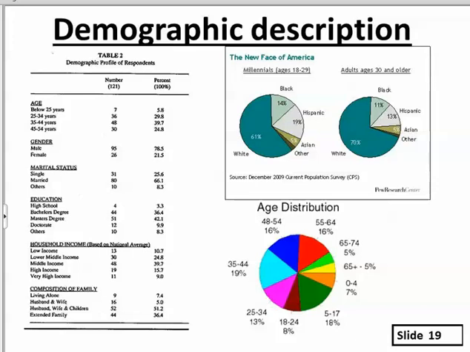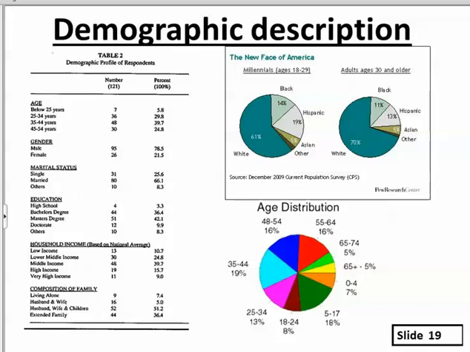We have some other information up in the upper right-hand corner. Here we've broken out the population demographics by race for different age brackets, for the under 30 and the 30 and over. Then you have another age distribution pie chart down in the lower right. I only show those as examples of different ways you can get information about the population you're dealing with. Then you can come back. So if you're selling Medicare supplemental insurance door to door, you're probably only interested in those people who are 65 or older.